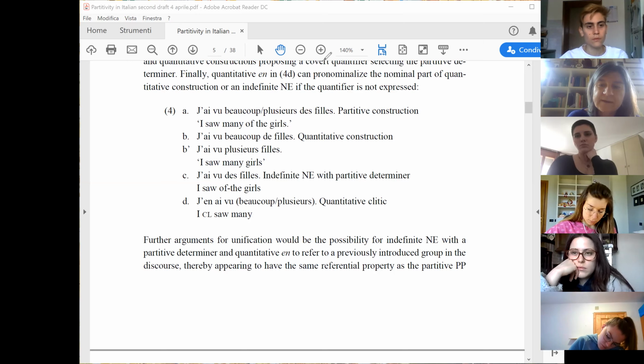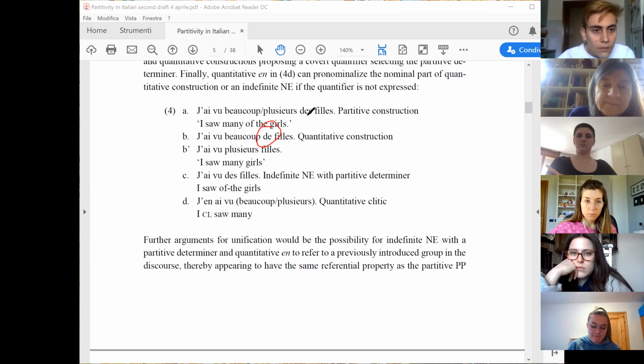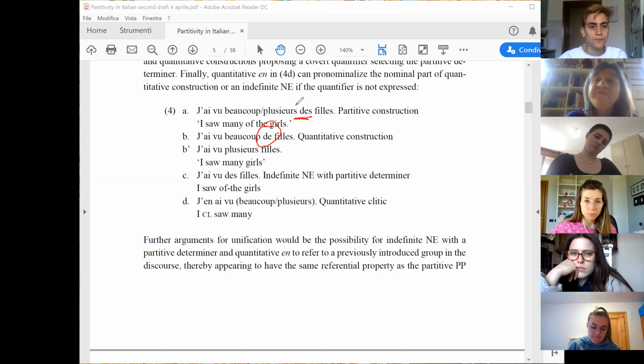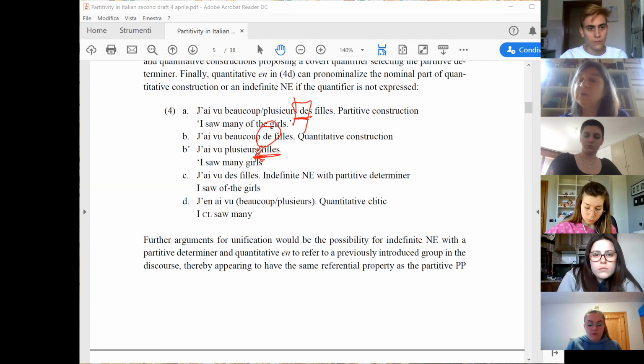Okay, so you see, this de is very interestingly similar to this de. And so the fact that it is missing here with plusieurs,